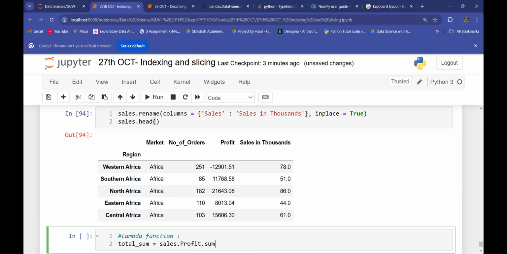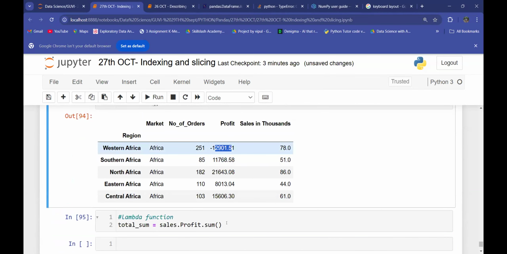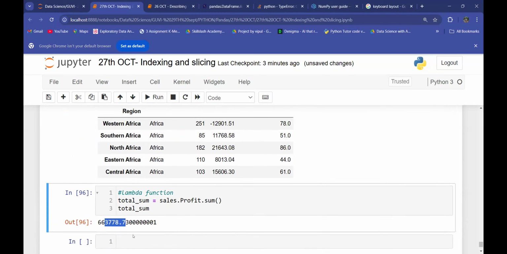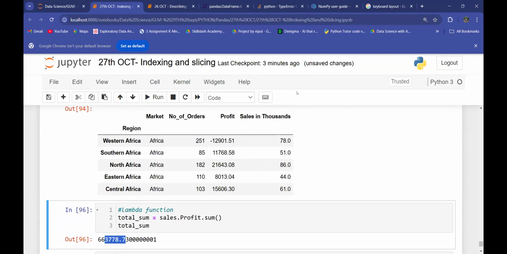Sales.profit.sum will give me the total sum, right? Total of all this profit. So if I just check what is total, it is this one. Now, what I wanted to do is create one more column, which is profit percentage in total,